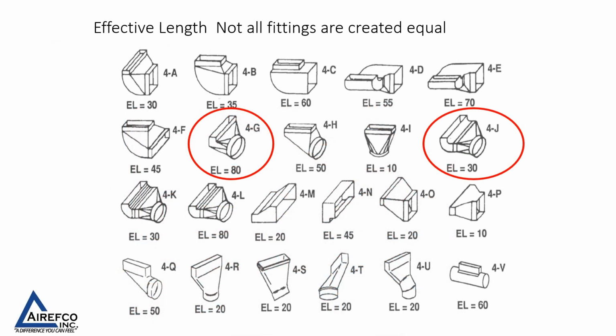Every fitting and transition that you put in the duct system will add equivalent length to the duct. So you may have a duct run that is 10 feet long, but by the time you add the transition and the registers on that duct run, you may have a duct run that is over 100